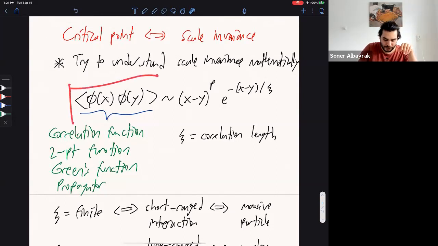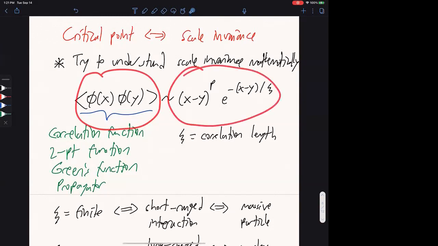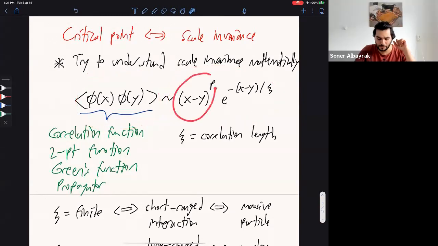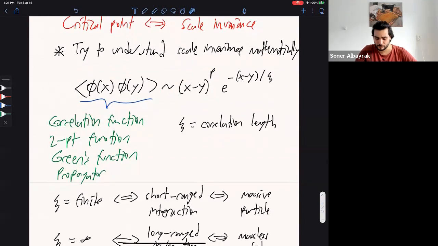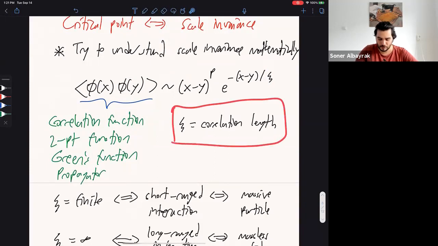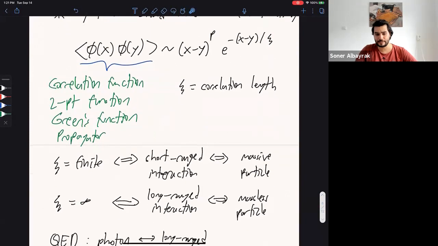Here, for example, I'm using this as a correlation function of the field phi, which may be, for example, the density of the water. So the fluctuations in density of water are correlated like this. The general form usually goes like a power law times some exponential term, some exponential suppression. And this coefficient here is called the correlation length. Now, there can be two different cases. First case,